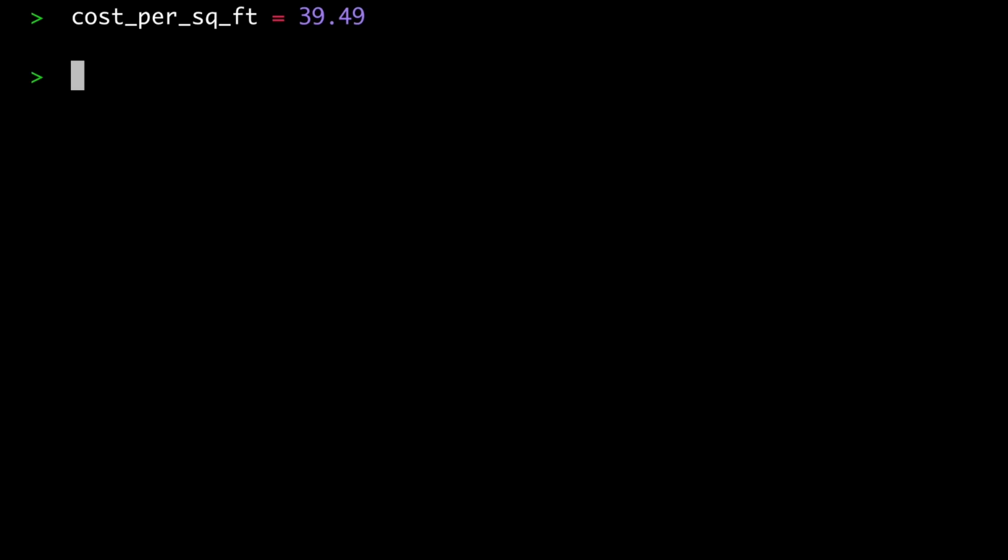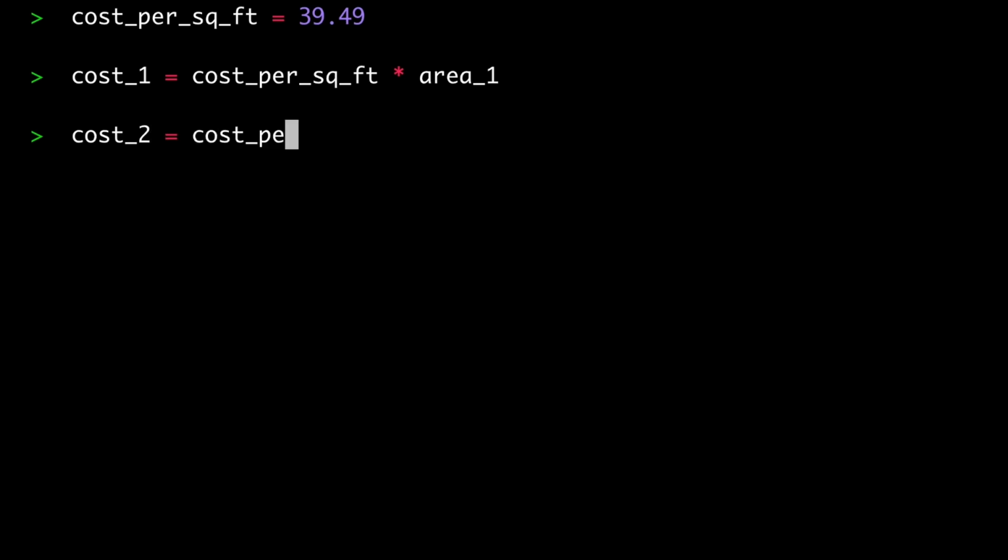If you compute the cost of the sheet using the cost per square foot times the area obtained using the built-in pi constant from the math module, and if you compute the cost again using the cost per square foot, but this time using the area computed using just 3.14, the difference now is